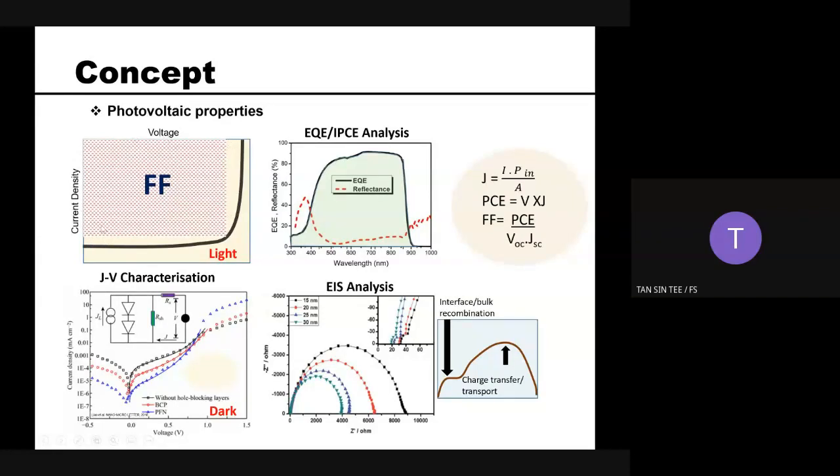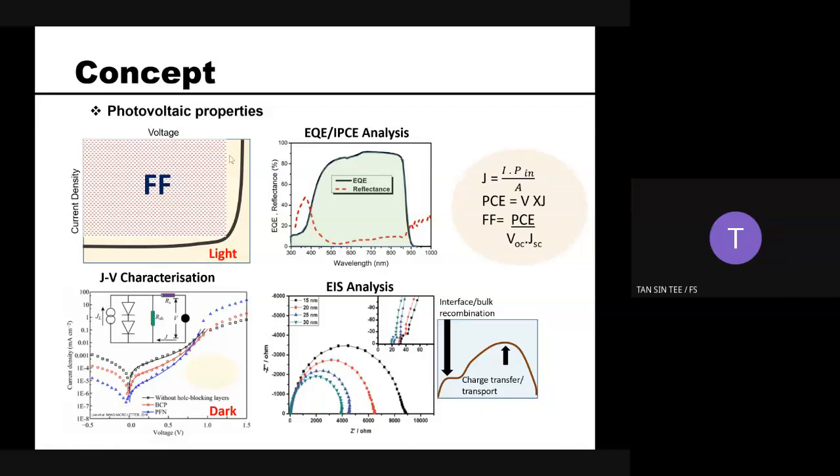And then we also evaluate the fill factor, which corresponds to the photoconversion efficiency ratio toward the change of the current density toward the voltage. So the squarer your fill factor, the better your solar cell performance. This is a general curve that you can always get under the light condition, when you expose your material to the solar simulator.